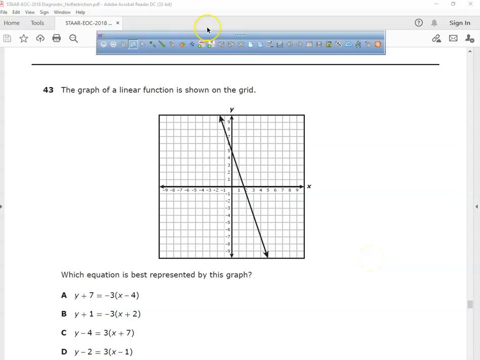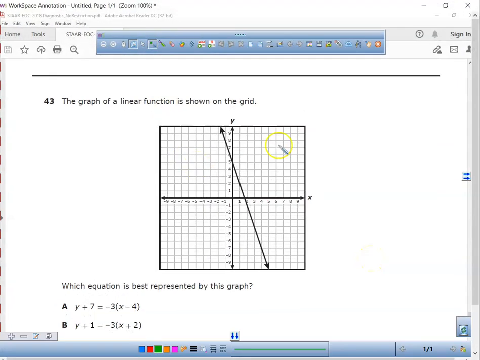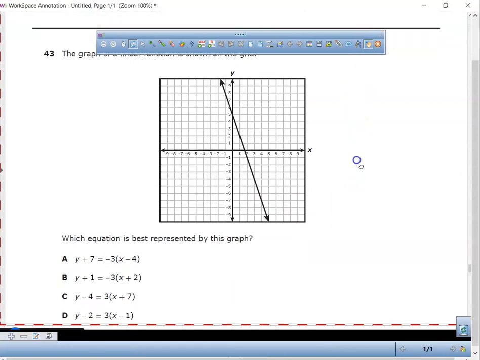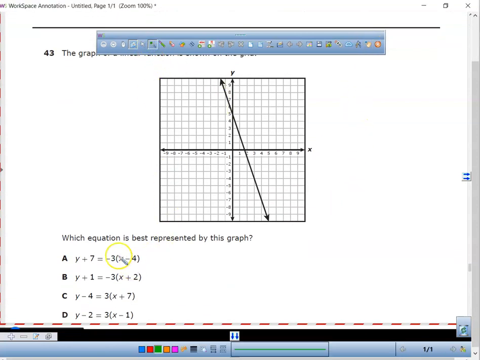All right, we are on question number 43. What I'd like you guys to do is look at your answer choices A, B, C, and D. Does anybody know what form this is called? A, B, C, D. There's a certain form. It's not slope-intercept. It's not standard form. It's called